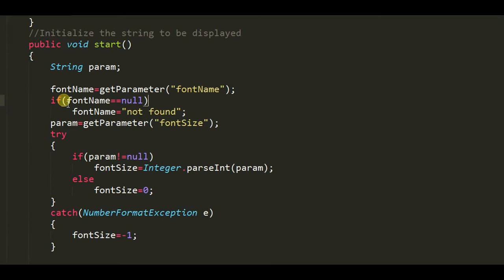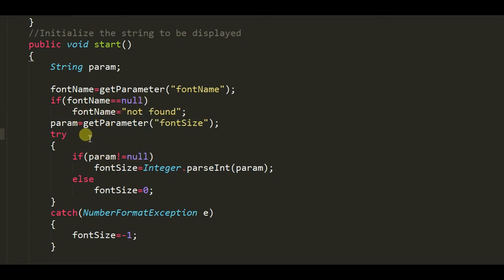So in cases of float, integer or boolean, we have to convert the string to the corresponding value types. As fontName is simply a string, we do not need to convert it. So if fontName is equal to null, then the font name is not found.